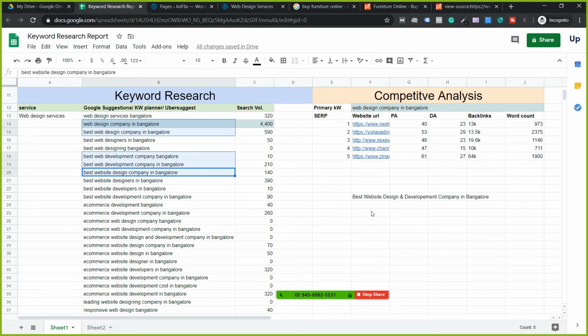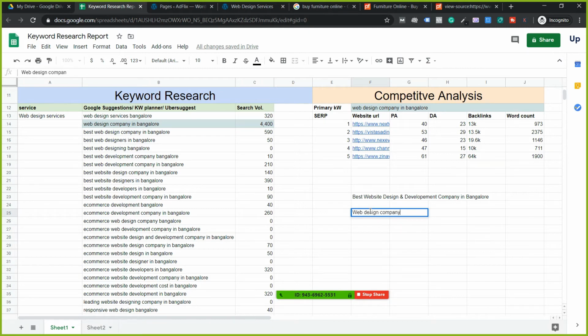I have seen certain smart people, I don't know what to say, they write like this. They write web design company, they put a hyphen, they say web development company and company, and like this they write website design agency. I know they are trying to optimize. This is keyword stuffing, this is keyword optimizing. One is human readable, but this is written for search engines, whereas I have written for search engines and also mainly for the visitors' point of view.